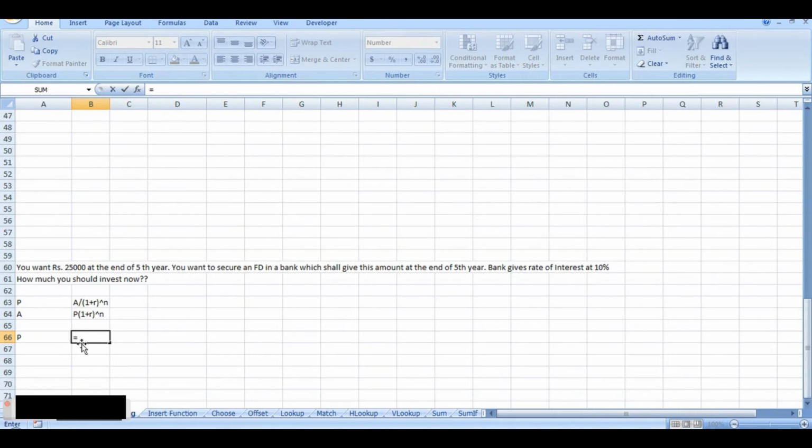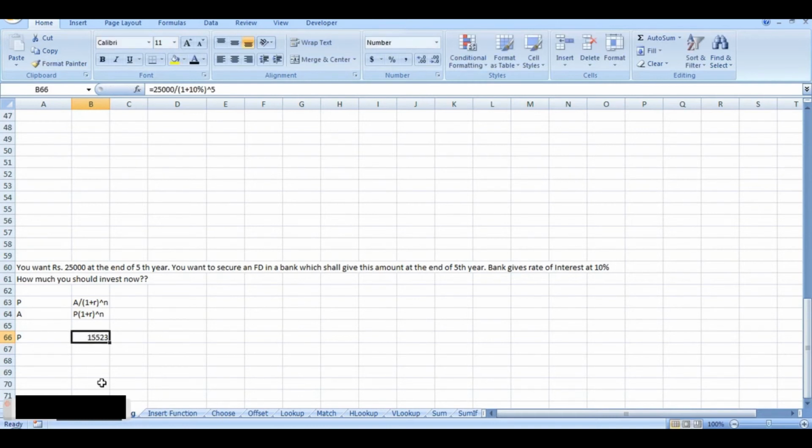Then A is given to us as 25,000 divided by, into bracket, 1 plus R. R is what? 10%. Now percent you can get as shift 5 key. Rest to N, power of N, power of shift 6, and N here is 5.